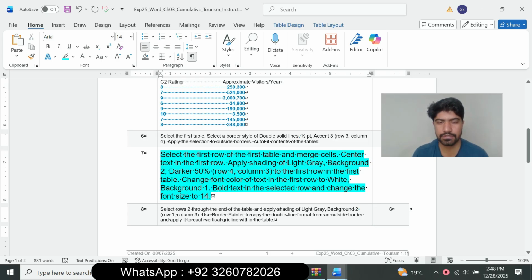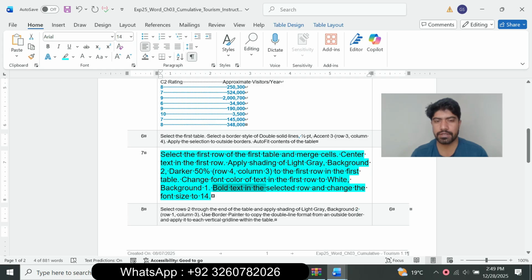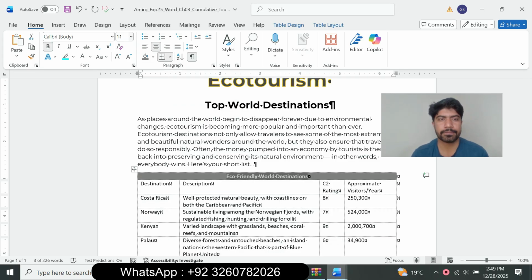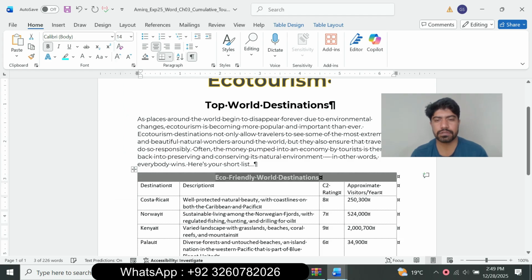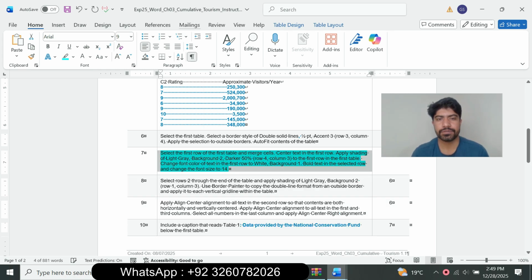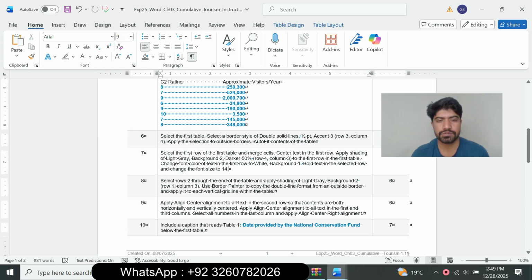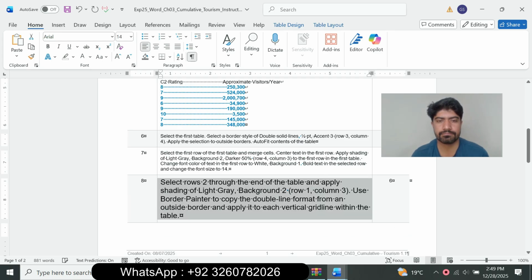and next is bold the text in the selected row and change the font size to 14. Bold the text. So go to the home tab and go to the font group, click the bold the text and change the font size to 14. Font size to 14. Click OK. So question number 7 is complete. We move to the question number 8. So question number 8 is,